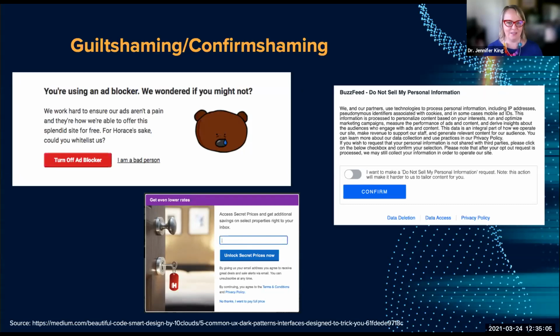CCPA, and I apologize if I get all my CCPAs and CPRAs mixed up. It's quite an alphabet soup here in California. The CCPA's "Do Not Sell My Personal Information" link. I did some work this past summer looking at how different companies implemented the do not sell notices. This one's from BuzzFeed. One of the examples we saw here is a tendency for companies to try to shame people into not opting out of selling their personal information, usually by focusing on how you really want to make things more relevant, or that it's going to make it hard for us, please don't. There's just a lot of guilt tripping around people trying to exercise those rights.